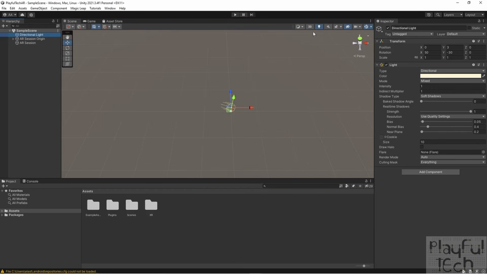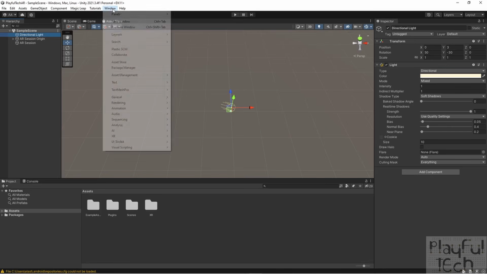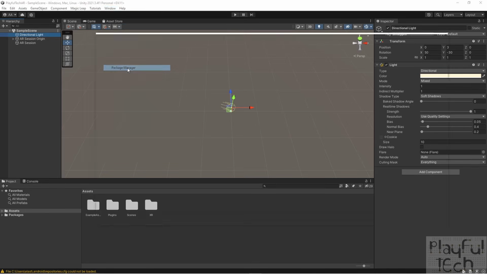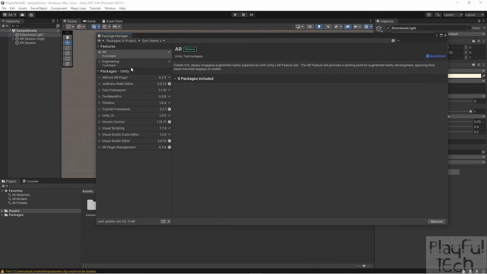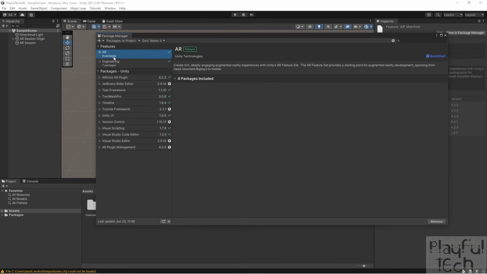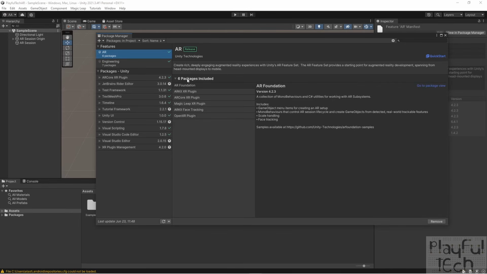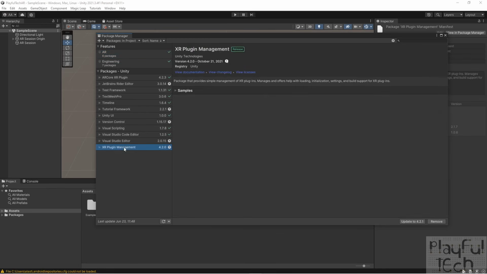Now the next part of the setup we just need to check is the packages that have been installed into the project already. So if you come to Window, Package Manager, you'll see here that I've filtered for the packages in the project, and we've got 6 AR packages already installed for us. But one thing we just want to make sure is that they are all up to date. Even though we used the template that was available, you can see already here, the XR Plugin Management, we've got 4.2.0 installed, but the recommended